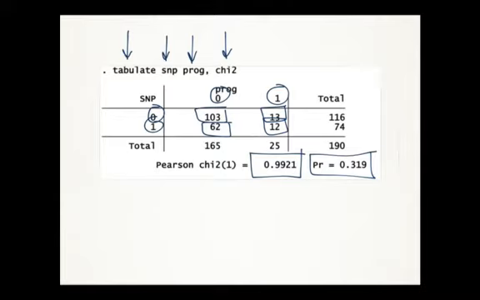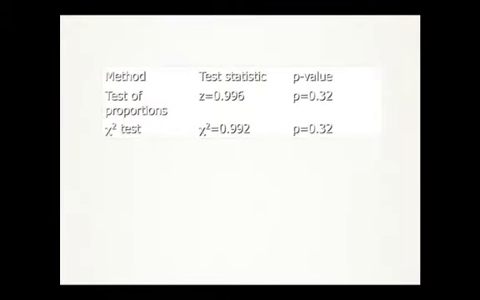So you might be thinking, hey, you just told us about the test of proportions to do this exact same thing. Now you've taught us a chi-square test. How in the world are we going to decide between these two, since they both apply for situations in which you have a binary outcome and a binary covariate? How am I going to decide between these two? Well, luckily, if you go back and look at the data that we had before,